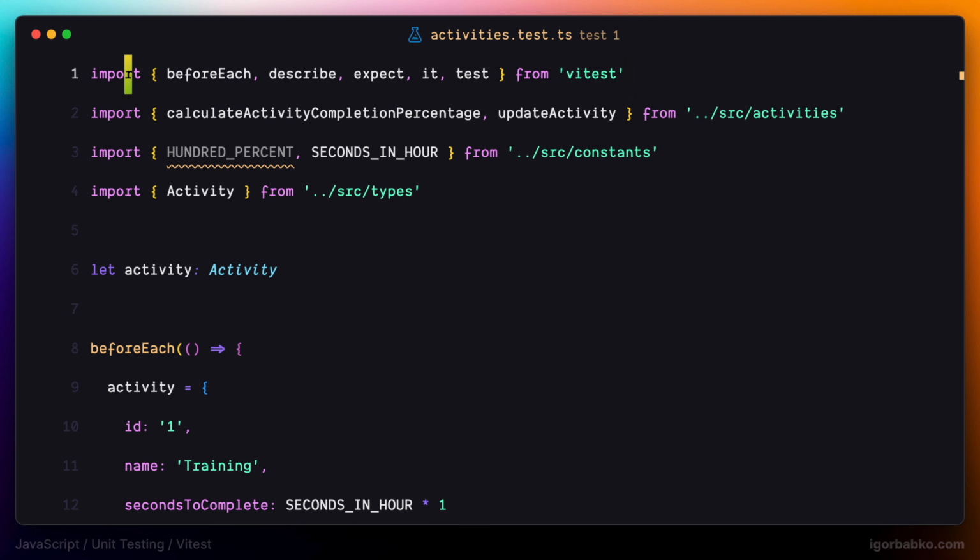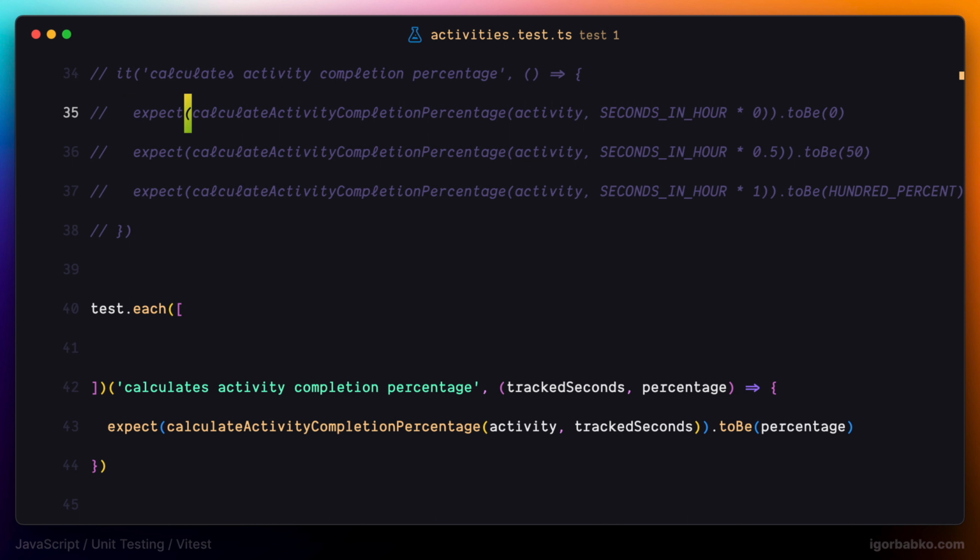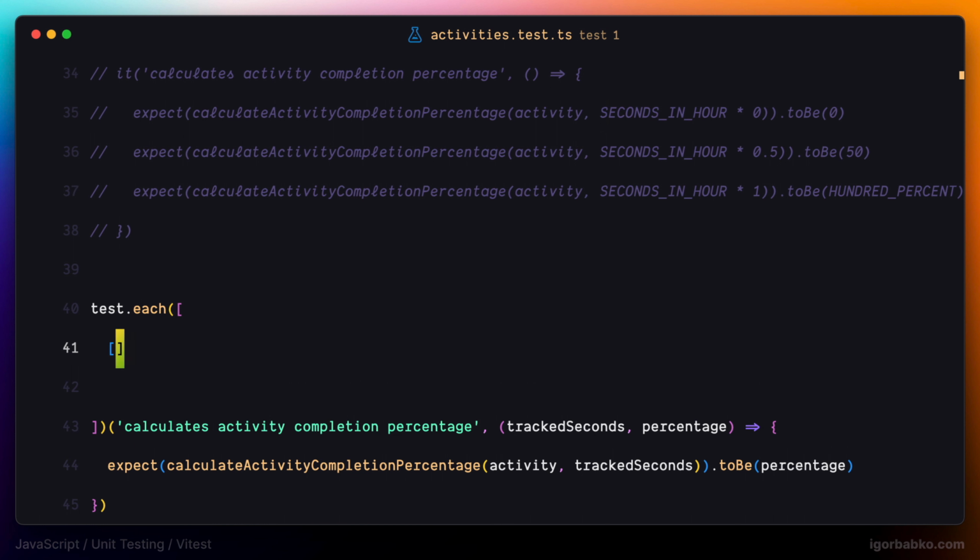Then we will have to build up the array with the data that our test needs, and as many elements this array will contain, as many times our test function will be invoked. So since in our case test function accepts 2 parameters, I'm going to define arrays with 2 elements where first element will be amount of seconds we're about to pass to